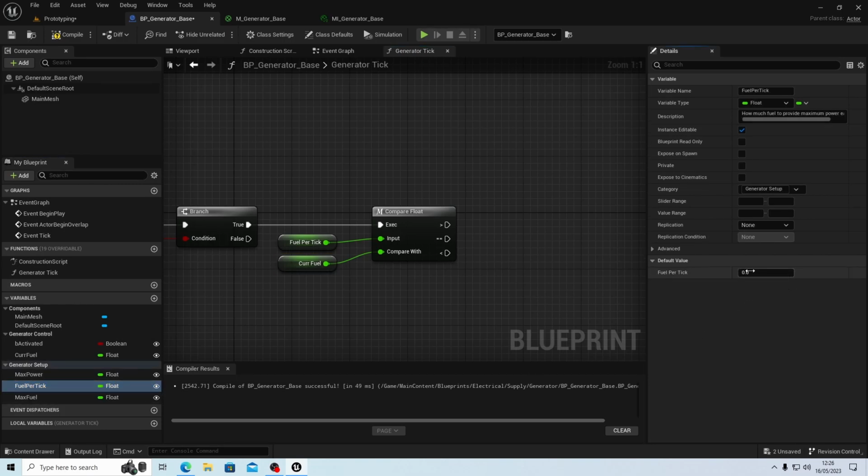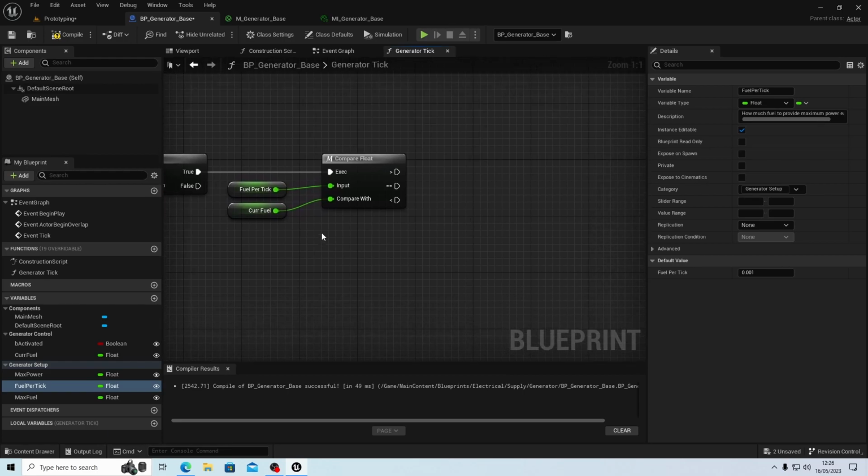So we want to use 0.001 of a litre every second. That might be a little bit too intense, but you'll get what's going on. So we want this, and this is what we've got. First thing we need to check is, have we got enough fuel? We know if that's the case because this will be bigger than that. So if this is bigger than that,